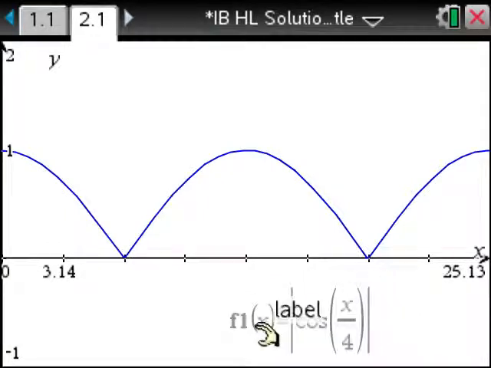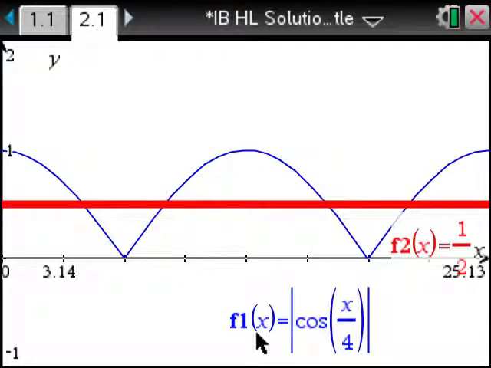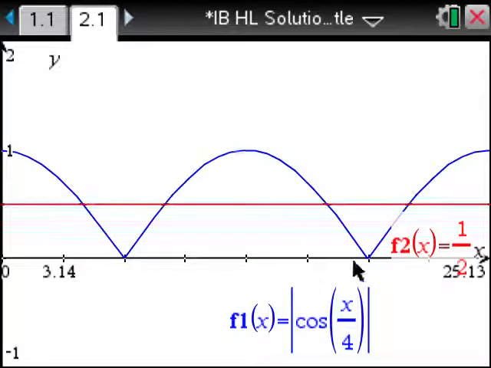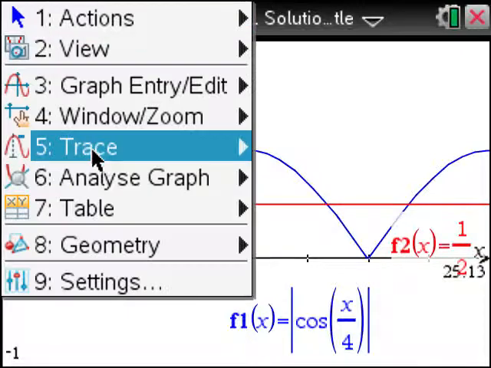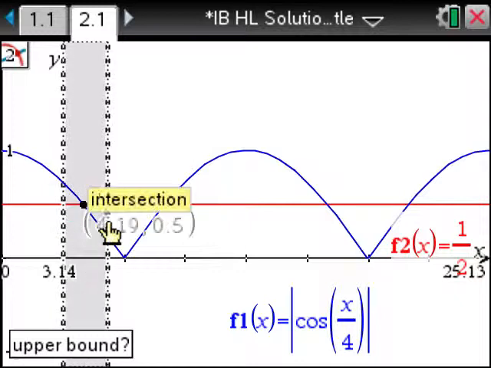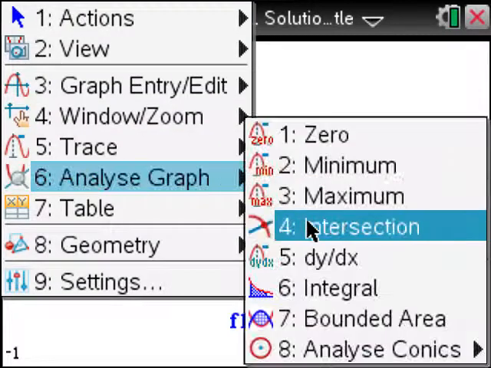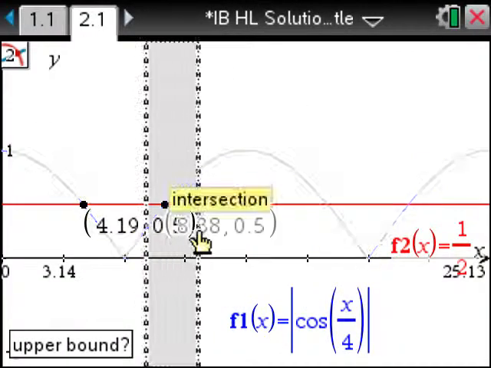Now we're looking to find out when this whole thing is equal to 1/2, so by just typing in another horizontal function of 1/2, we can see that there are going to be 4 solutions there. We can go along and pluck out each of them, and if I just go ahead and do that, so analyze graph, we'll do the intersection of the first one, menu, analyze graph, intersection of the second one, and so